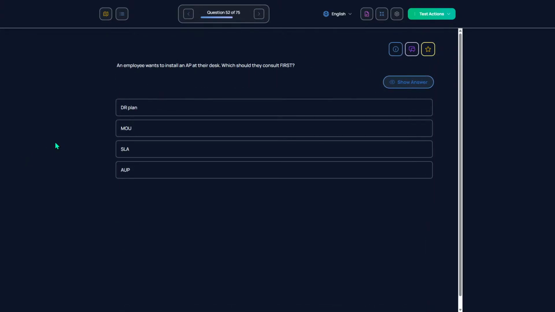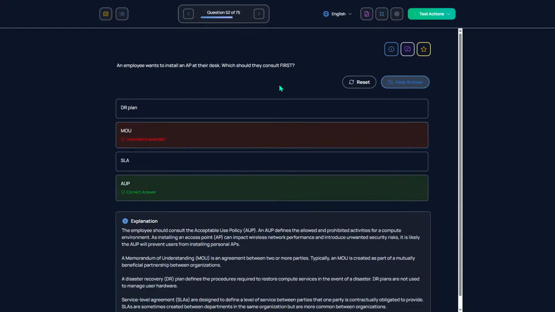An employee wants to install an access point at their desk. Which should they consult first? The MOU, I believe. Oh no, that one's the acceptable use policy.